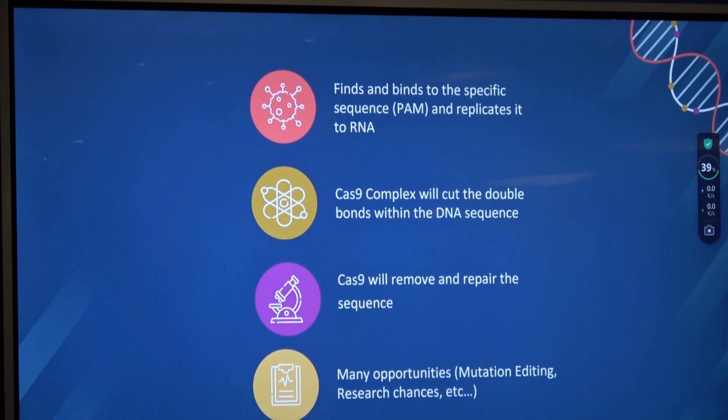So then basically what CRISPR does is replicating Cas9 breaks it. So this creates a lot of opportunities for us, such as sickle cell anemia. We're able to change these sequences because people are born with these mutations that change their, let's say,